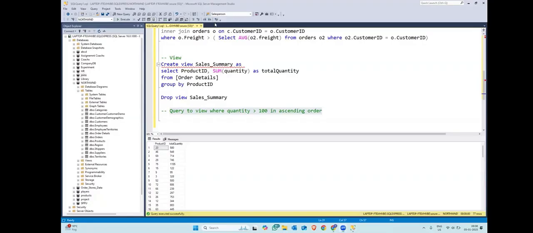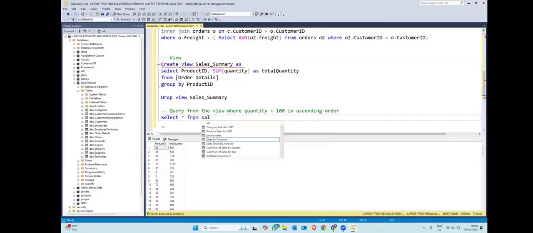Okay, Lokesh. So what you are trying to do is you are creating the view such that quantity is greater than 100, but you need to query from the view. So you don't have to create the view like that. View would be the same. यहाँ पे आपको लिखना है to select star from sales summary where